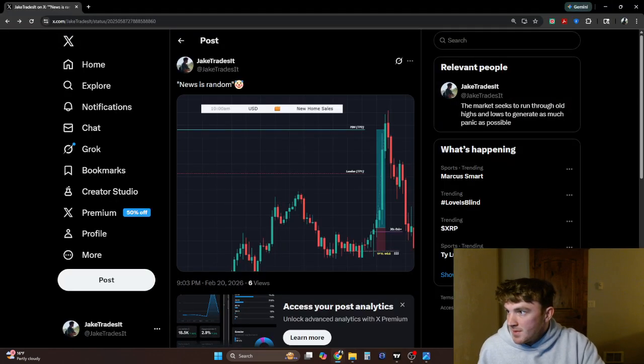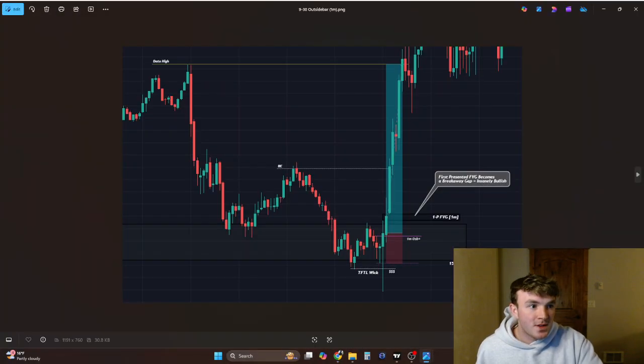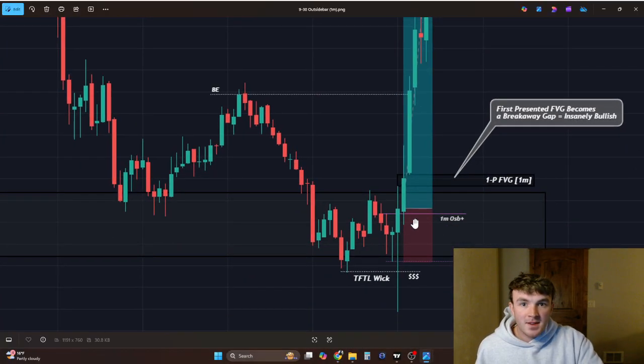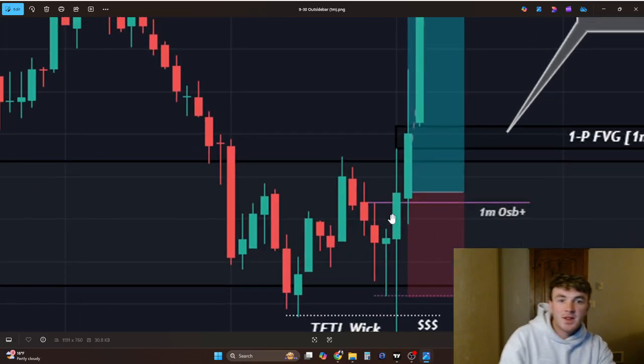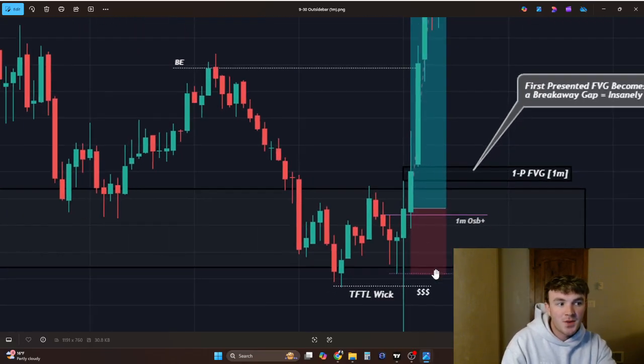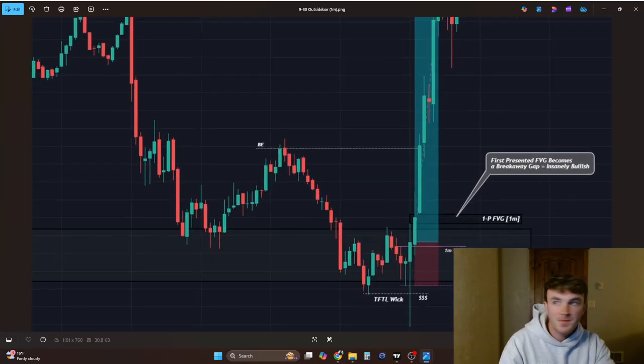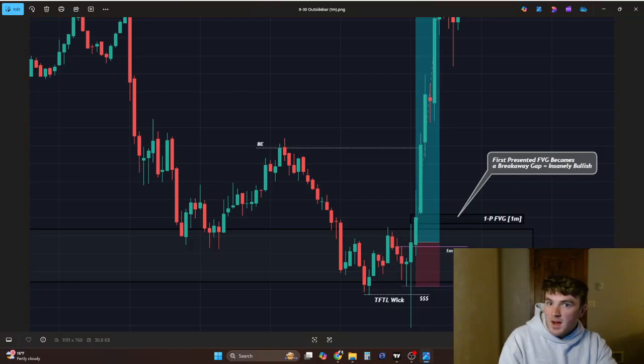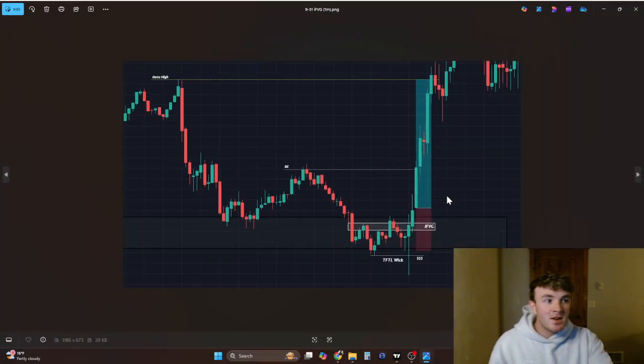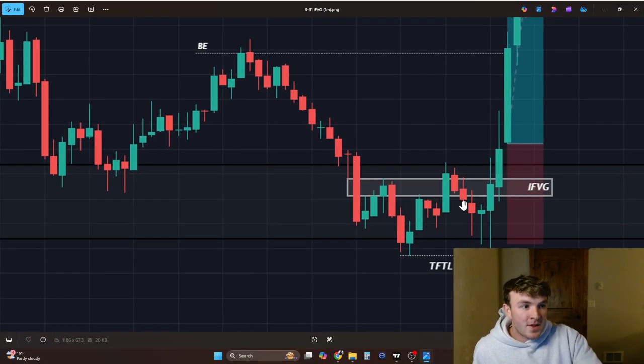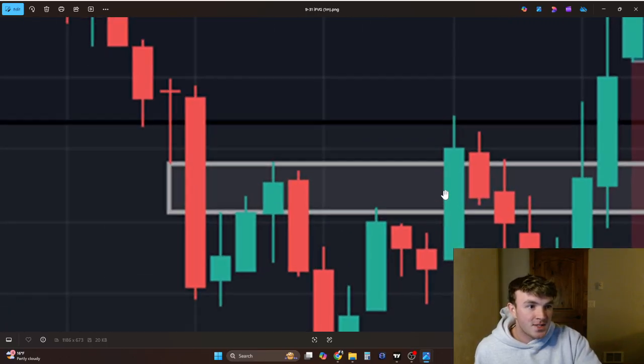So we also had, instead of the 2-minute, you could have also front ran the 2-minute, meaning taking the lower time frame one if you had conviction. So here's the 1-minute outside bar at market open. And you'll note if you didn't like it as an outside bar, you could have taken this inversion fair value gap.